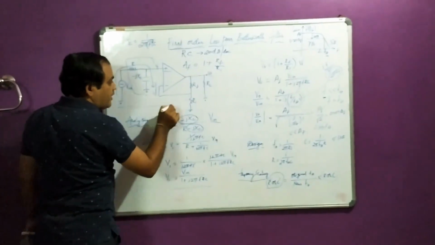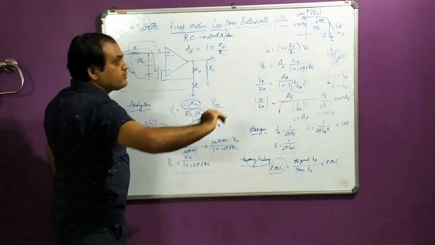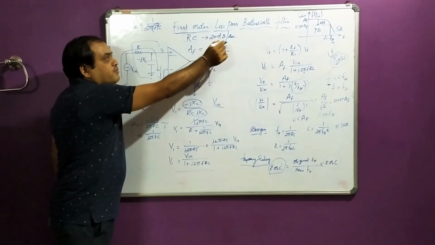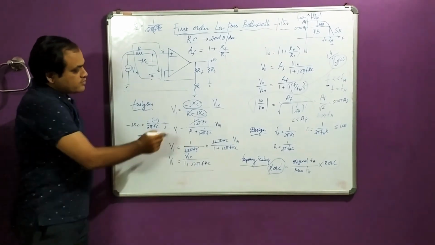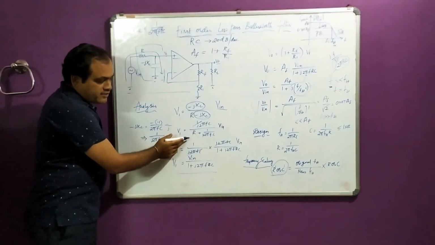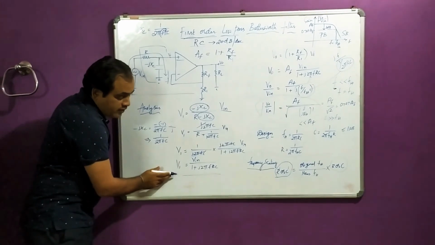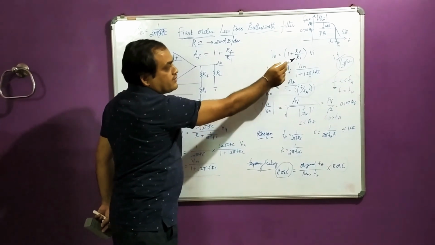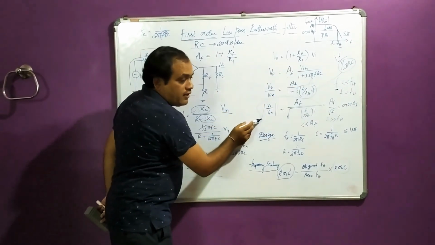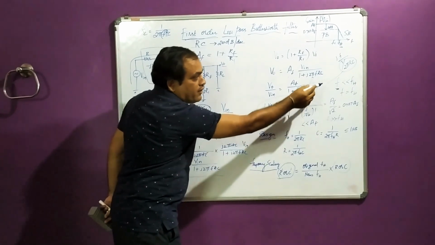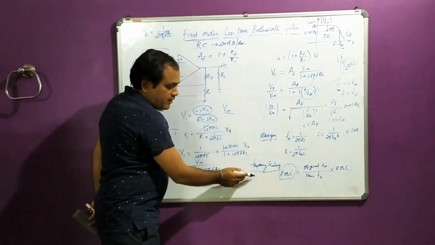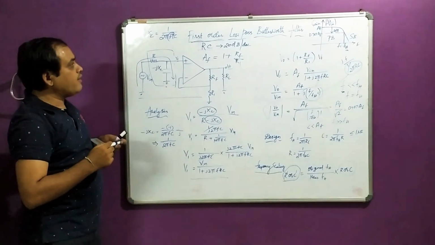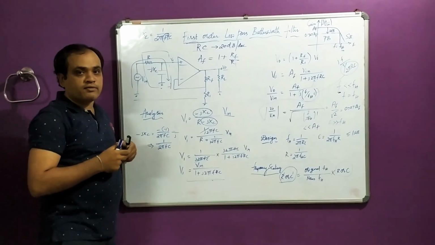Okay, so this is the particular circuit I am summarizing. This circuit is a non-inverting amplifier circuit, which is going to produce the frequency response of a first order low pass filter, single RC, 20 decibel per decade, first order. Potential divider rule I am applying, using a complex value. Then I am getting the input output equation. Then I apply the output equation of the non-inverting amplifier, substitute, and take the magnitude. From the magnitude, I have designed only 3 cases. Then I have got the concept of frequency scaling. So this is the design of the first order low pass Butterworth filter.